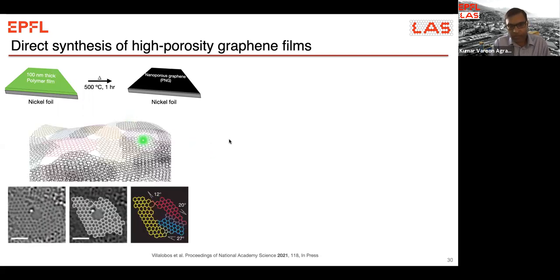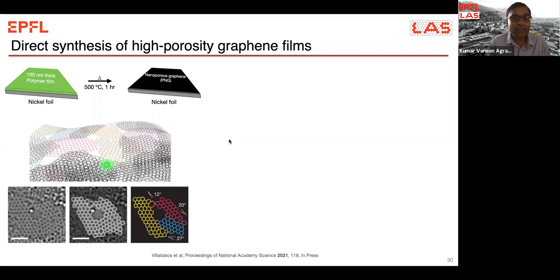So essentially what happens here is, because you have such a small dose of carbon atoms, the nickel foil here is 25 micron thick, the carbon atoms mostly diffuse through the nickel foil. The residual ones precipitate onto the surface. And because our dose is so controlled, we only have a few small grains of graphene. These grains will then meet into a single layer graphene. And there you have an extremely high pore density, right? The pore density here is essentially the inverse of the grain density.